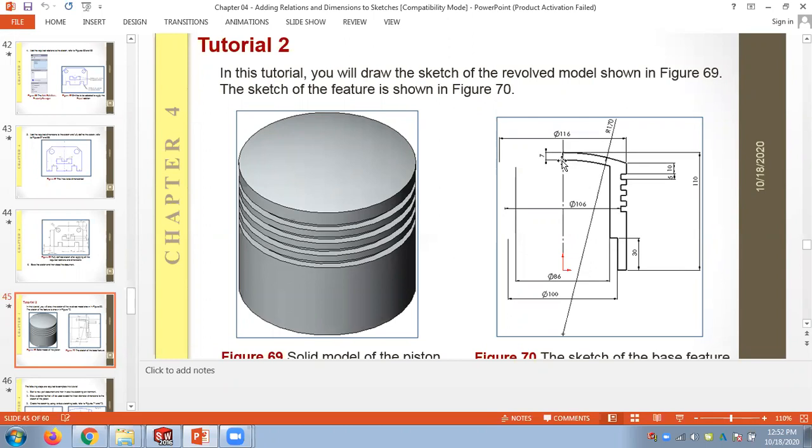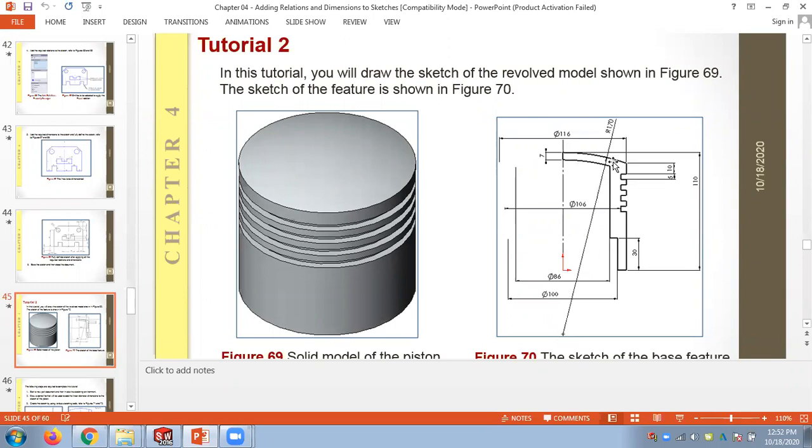So when you try to draw the arc, you just mark this point 110 from the bottom. Get the 3-point arc. Give this point, and the radius. Automatically the arc center will be snapped to here. I don't know the center here. So when you give this point and radius, automatically the arc center will be under this center line. So I don't need to worry about the center point dimensions.